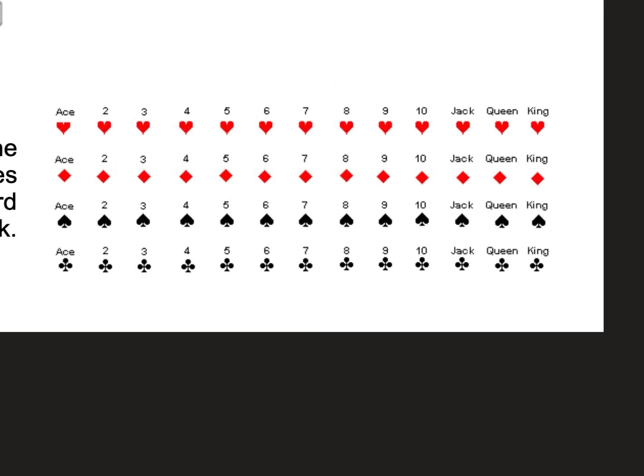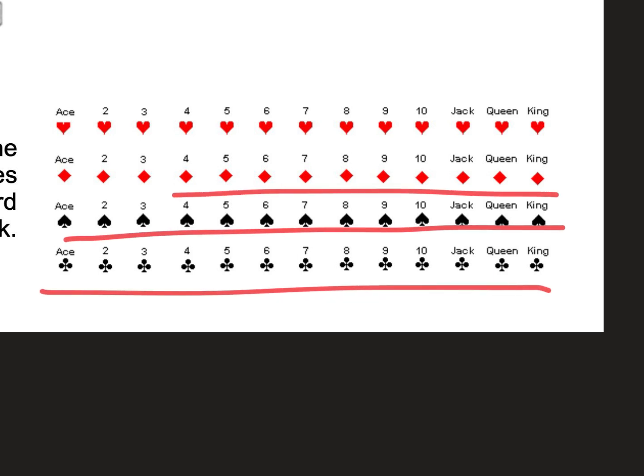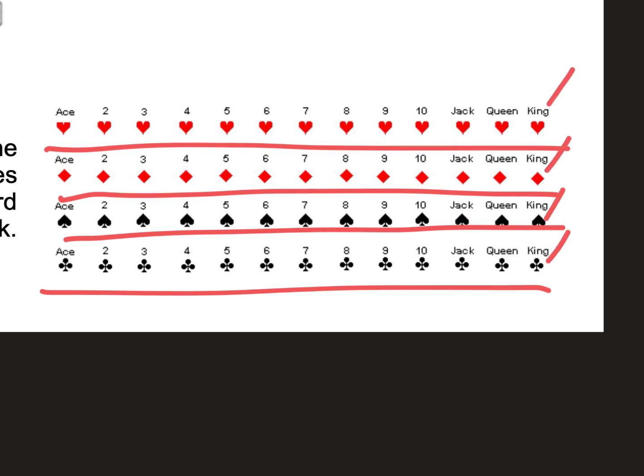If we ever do cards, we'll put up something like this, or you can ask me, because a lot of people know there's 52 cards in a deck, but other kids don't. And if you don't play cards a lot, you can ask me anytime we have a card question. You can say, like, how many black cards are there? And I'll tell you. There are 52 cards, so there's 13 of each. So 13 of these, 13 of those, 13 of those, and 13 of those, and that adds up to 52. And there's 4 kings, for example. 1, 2, 3, 4 kinds of kings. But again, if you ever need that, you can ask me.